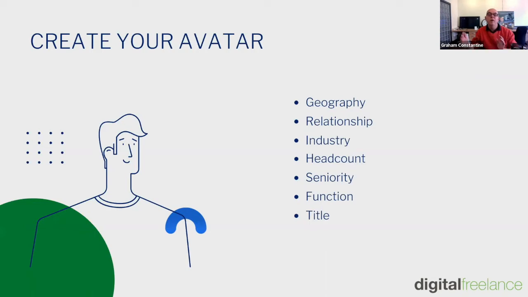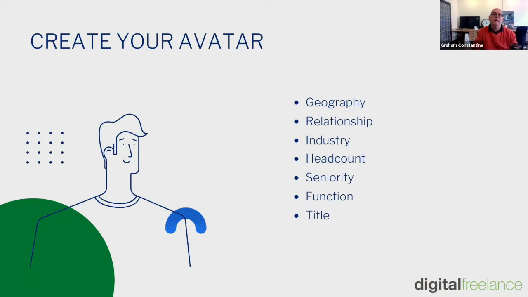We tend to focus on businesses up to 1,000 in headcount, and we use a heuristic or a rule of thumb of £100,000 in revenue per person in the headcount, which is a good proxy because you can't actually target based on turnover in LinkedIn Sales Navigator. Then also industry is useful. Relationship: the name of the game here is to increase your number of first connections. So you would normally start with second connections.